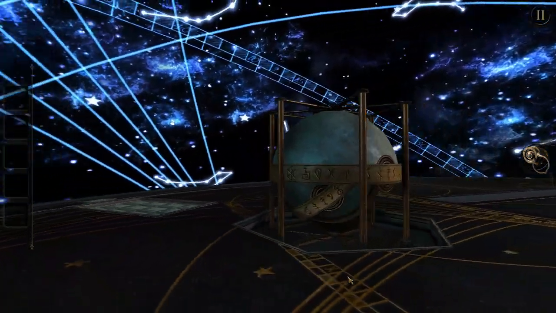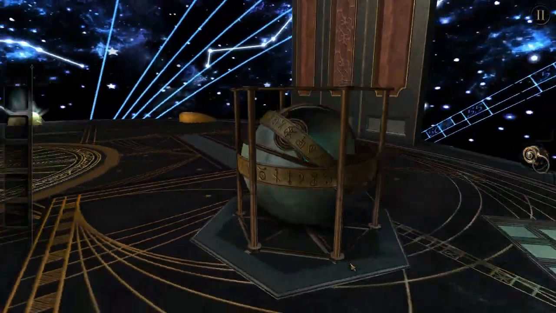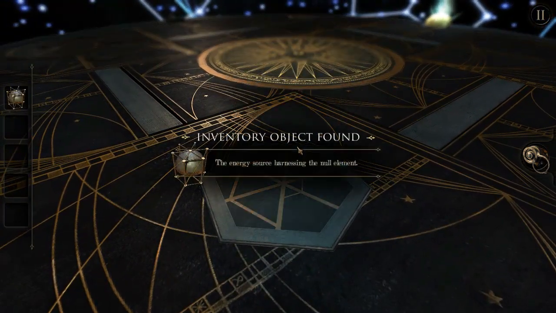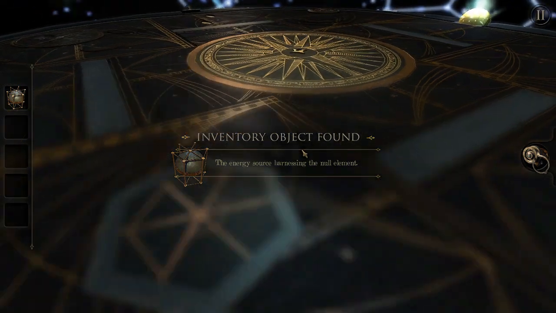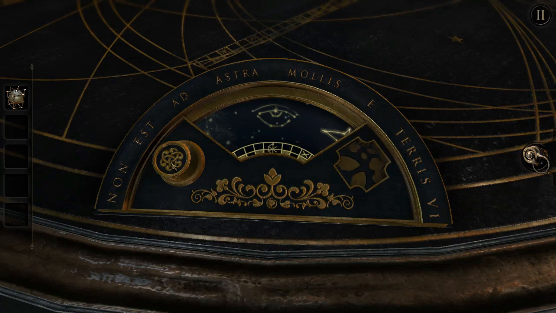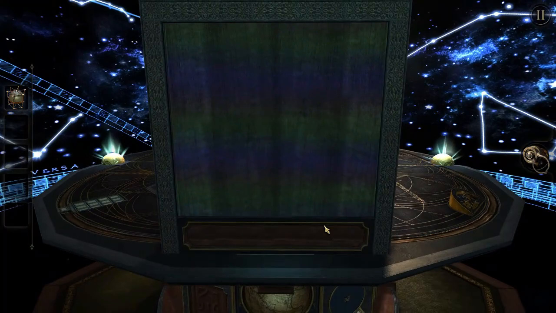And we have found it. The device which contains the null. The energy source harnessing the null element. And we get a little click. And we get the glyph. The null glyph, as I call it. I don't know if that's its actual name, but...